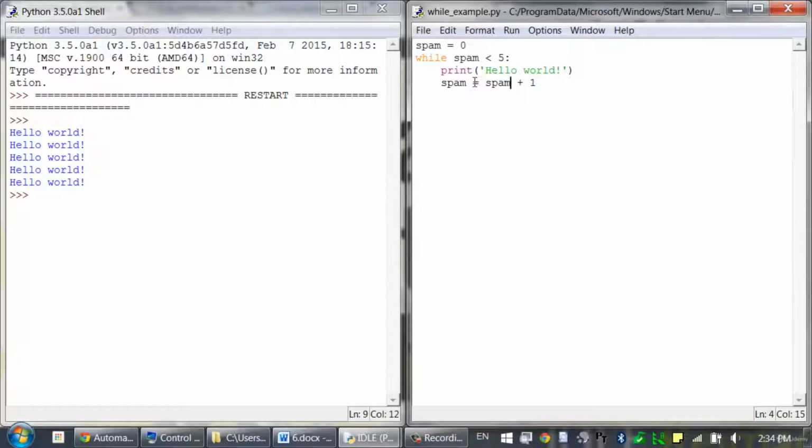Inside the while loop, the spam variable is increased by 1, and at the end of the loop, the execution jumps back to the start of the while statement and rechecks this condition, and if it's still true, it enters the block again. So this is why the block runs 5 times, because after the 5th time, spam is set to the value 5, and the while loop's